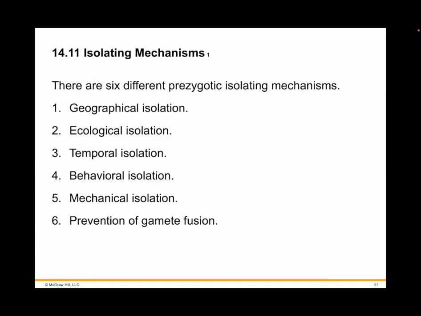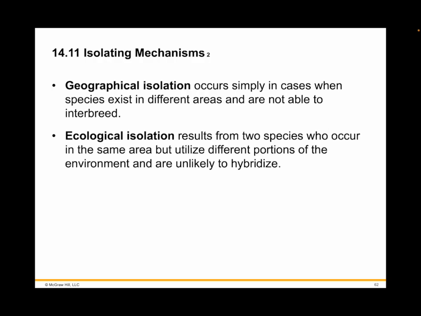We'll begin there. Geographic isolation. The mechanism is perhaps the easiest to understand. Species that exist in different areas are not able to interbreed. Two populations of flowers, shown in that panel on Table 14.2, are separated by a mountain range, so would not be capable of interbreeding. If two species occur in the same area, they may